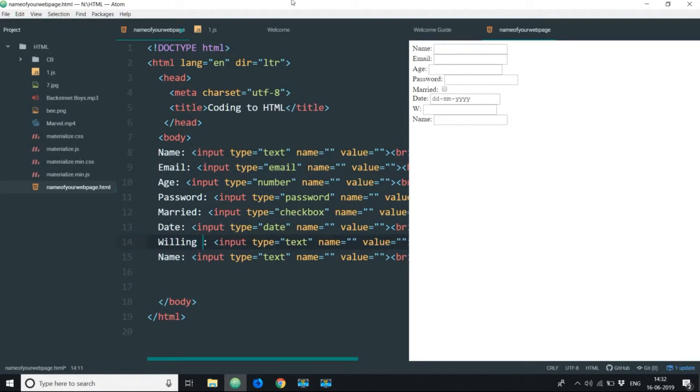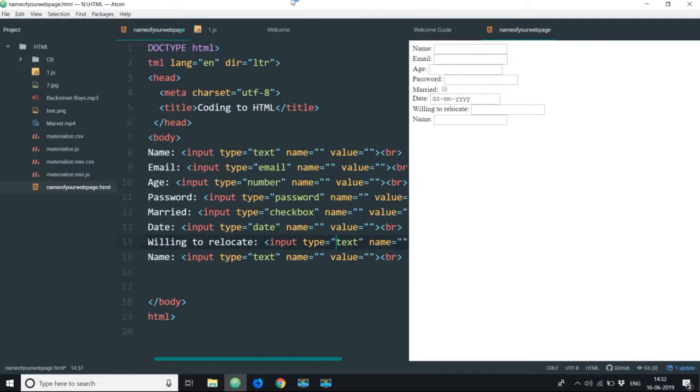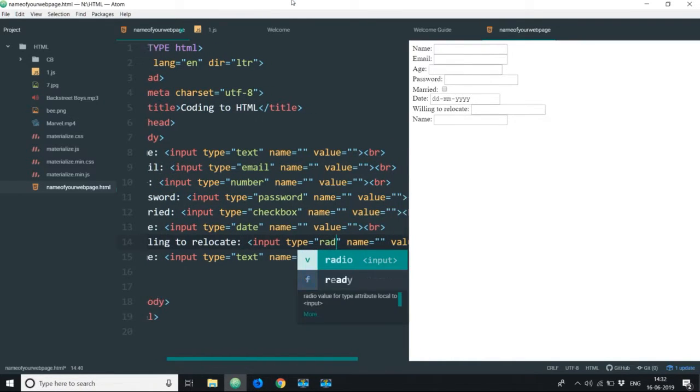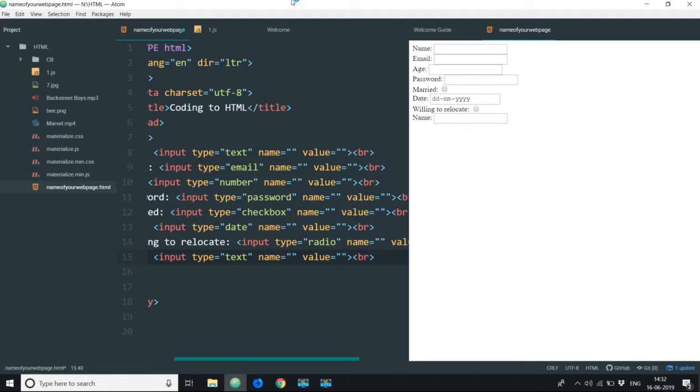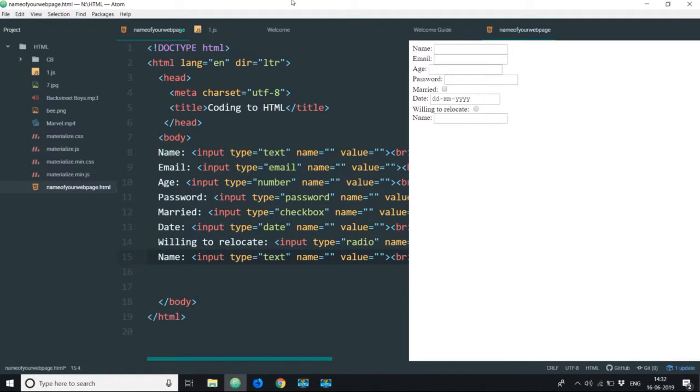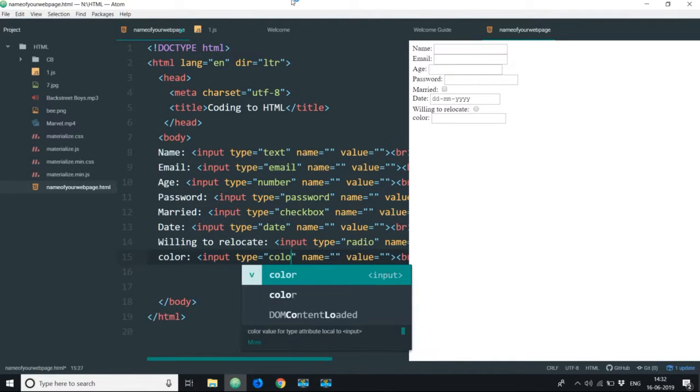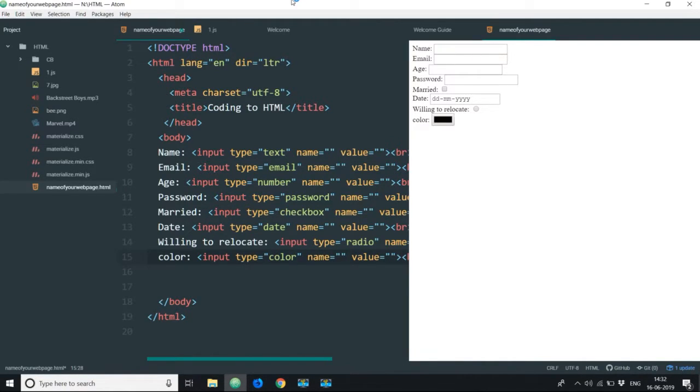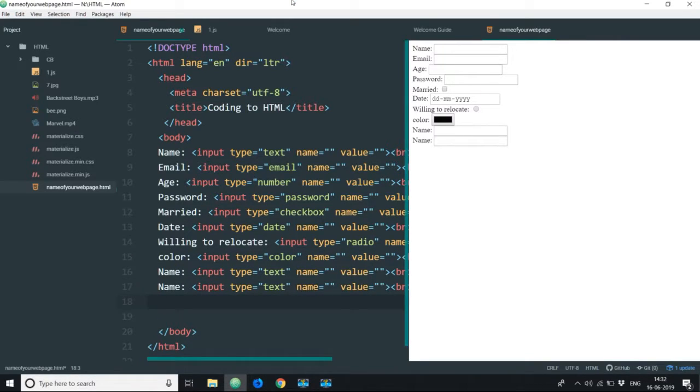After that, something like willing to relocate. Input type radio. Okay, here after that I'm just entering a color. So color is listed using the color type. For the LinkedIn page,